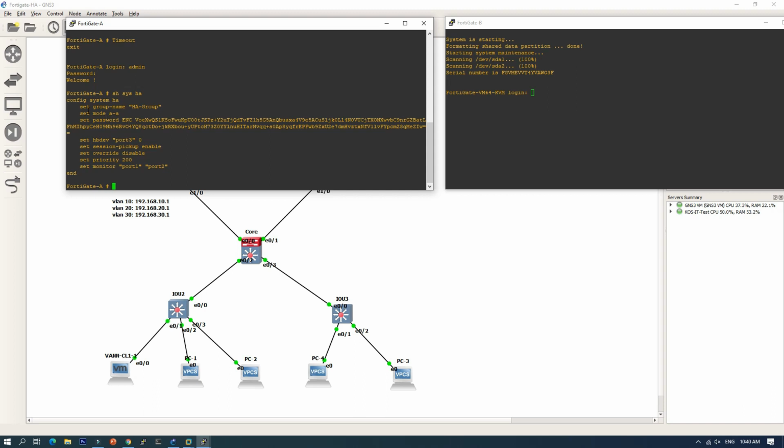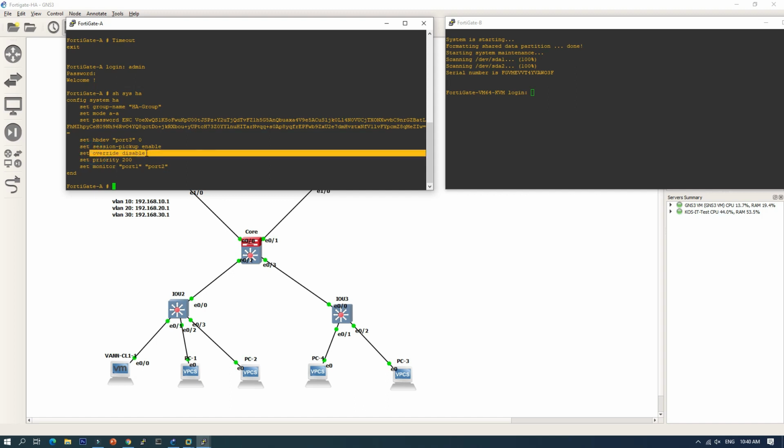Here is the configuration of HA that we have configured, the HA group. The mode is active, and this is our heartbeat link on port number 3, and session pickup is also enabled. Actually, this option is disabled.